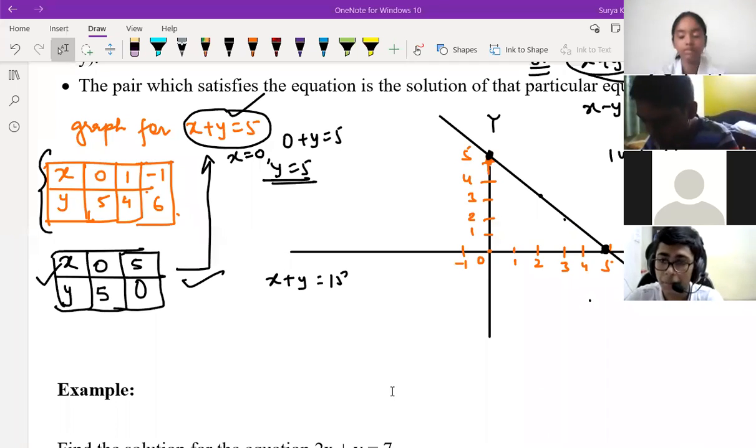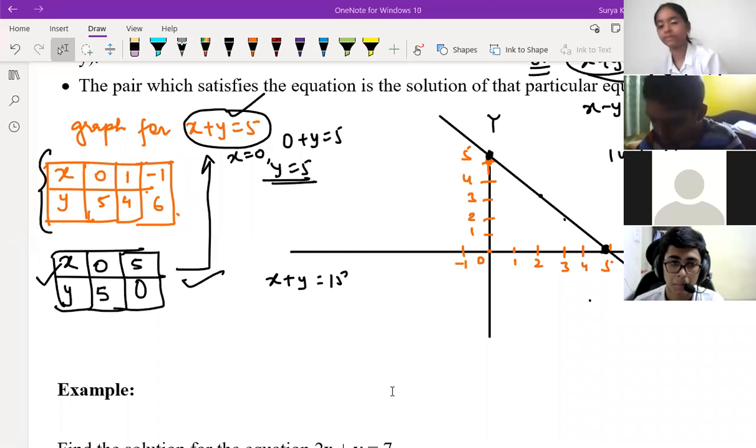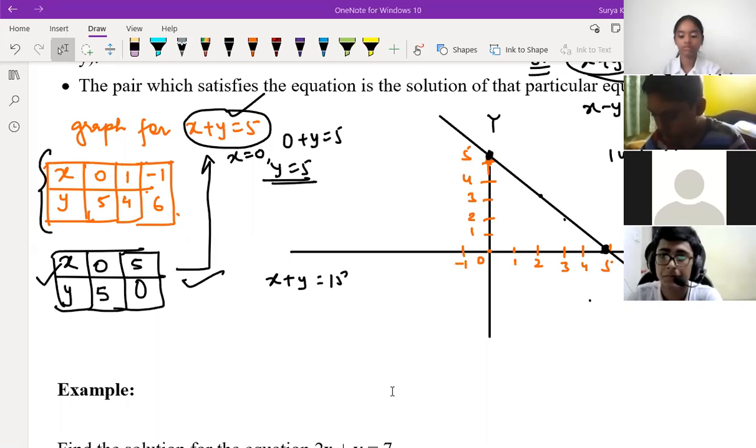Sir, any doubts? Should we take minimum 2 points for showing? Exactly, because 1 point can't make a line, no? 2 points should be there to make a line. So we can take only 2 points, that will be enough. But sometimes you can't guess by 2 points. But anyway, at 9th level you are having maximum 2 points. You can do that, not a problem. But in 10th and 11th you are having so many complicated graphs, so you should read later on. But till 9th, this is enough.